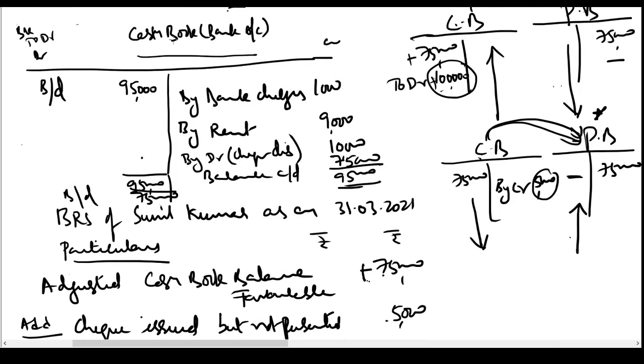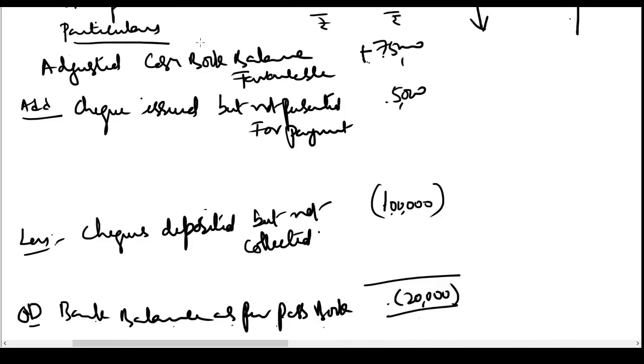Now when there are errors in the cash book, those errors are adjusted in the cash book, and the entries which will resolve themselves when the time comes, those things have to be shown in the bank reconciliation statement. So error or omission of the accountant should be adjusted in the cash book. And issues like this, check issued but not presented for payment, this is a timing difference. After some time the creditor will present the check, he will take the payment from the bank, the banker will pass an entry, there is already an entry in the cash book, both the books will automatically tally.